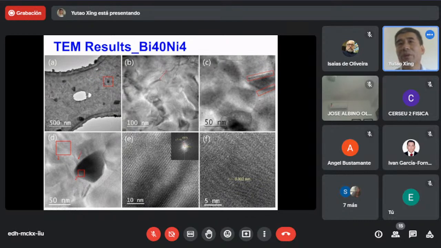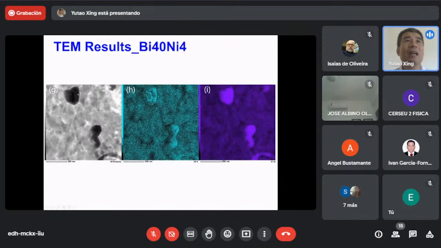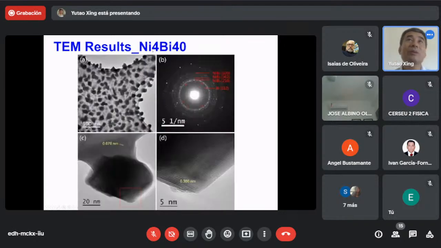And of course, we can see the continuous layer here. It's also nickel bismuth 3. It's not pure bismuth. It's not pure nickel. It's nickel bismuth 3. All of them nickel bismuth 3. And of course, we can see the dislocations here, and a lot of strain. But if we do the EDS analysis, we confirm the homogeneity of the nickel and the black particles is nickel bismuth 3. And for another sample, the first nickel and then bismuth, we can see there are many